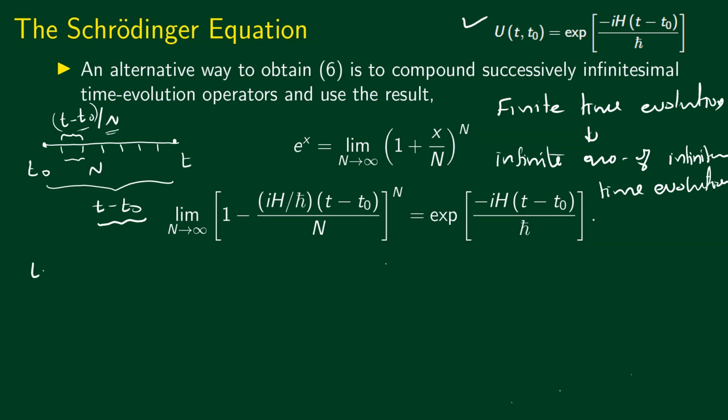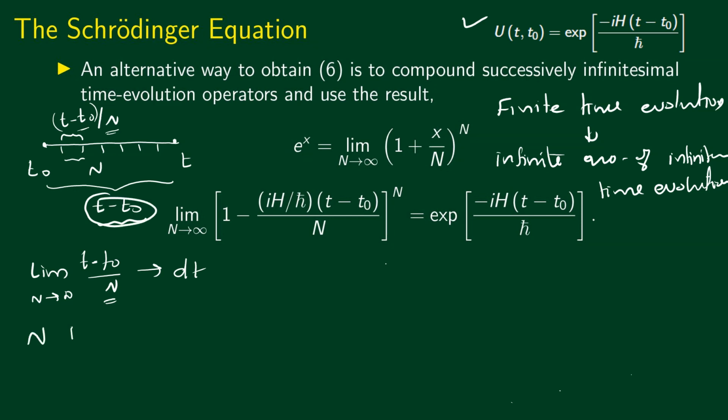Now if you take the limit n tends to infinity, then (t − t0)/n can be written as an infinitesimal amount of time, dt. So in the limit where n goes to infinity, (t − t0)/n can be called an infinitesimal time interval. Now we can construct the time evolution corresponding to the interval t − t0 out of